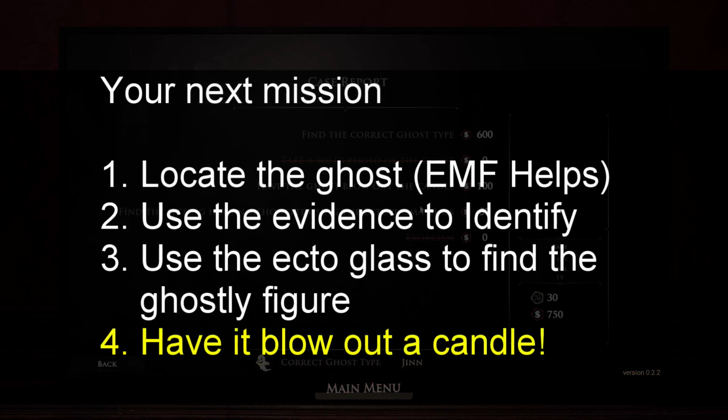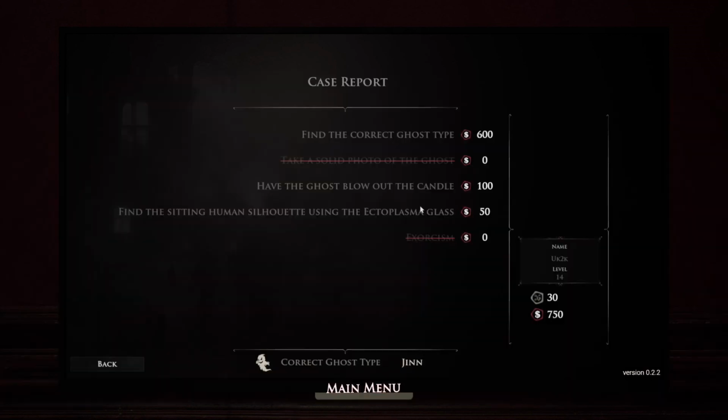With that $600, guys, buy a candle. That should be your first purchase. Repeat the mission. Do it again. Take that candle with you. Get the evidence of the ghost. Identify it. Use the glass. Find the silhouette. And do this extra step of have it blow the candle out. There are additional